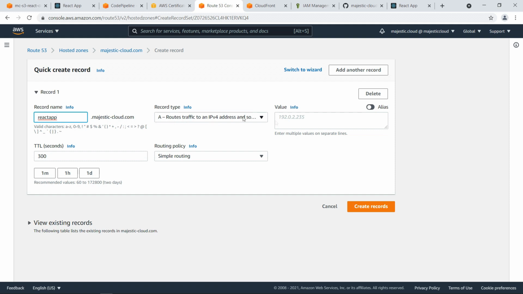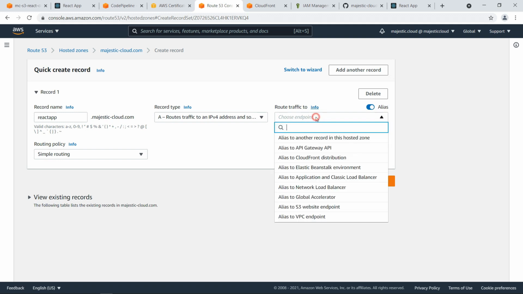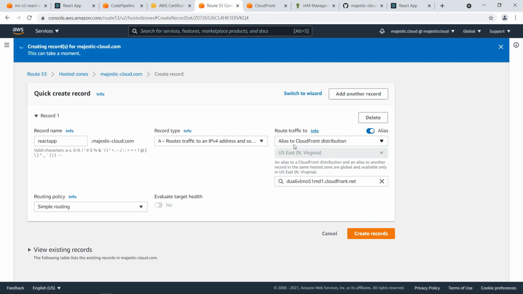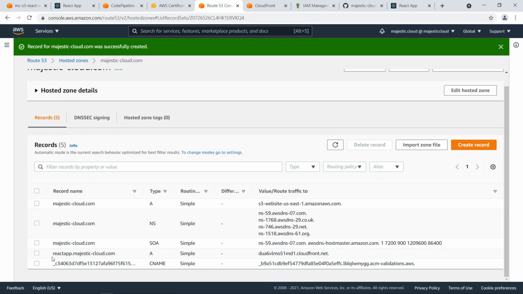This will be an A record. It will be an alias to a CloudFront distribution, and this one is the distribution I've just created. Let's create this record,